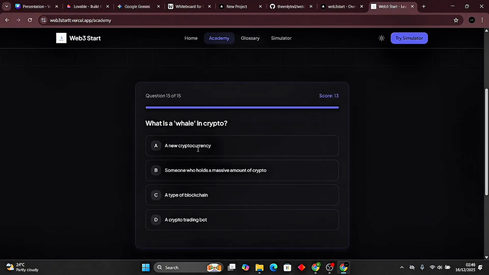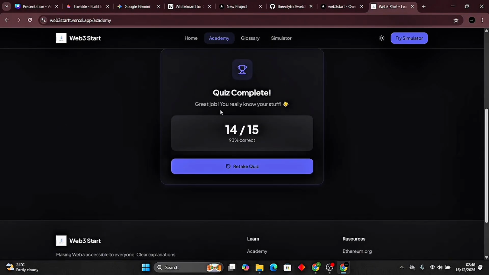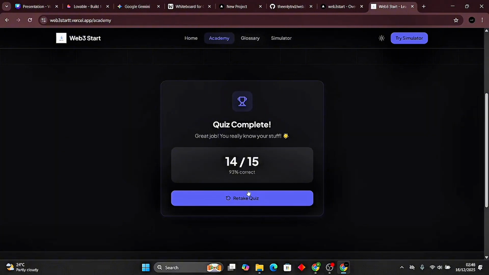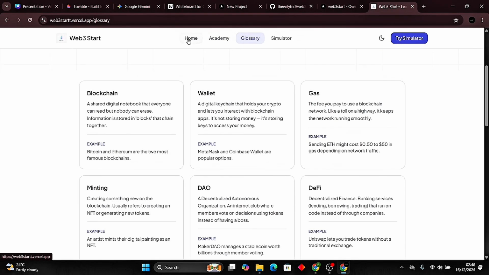So what is a whale in crypto? Someone who holds a massive amount. Great job, you do know your stuff. You can choose to recreate, you take the quiz. So that's just it. Let me check on light mode. I think I like the light mode better, but it's just entering my adjustment. Yeah, so that's just it about